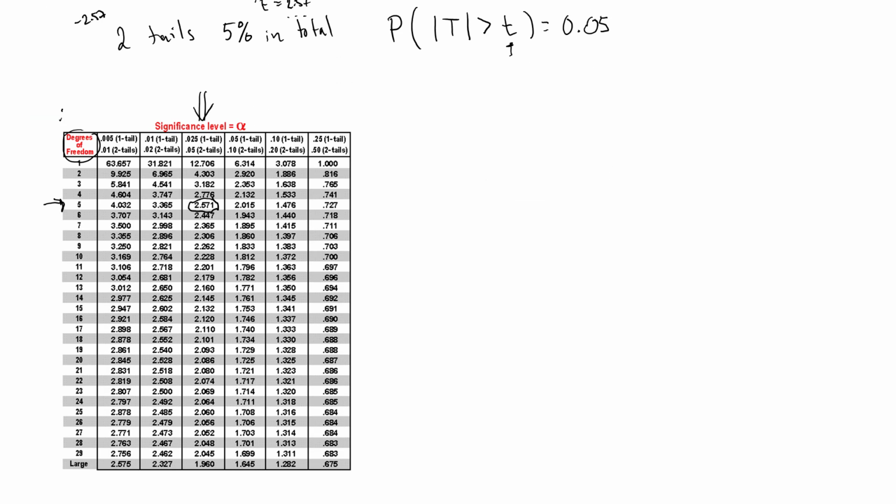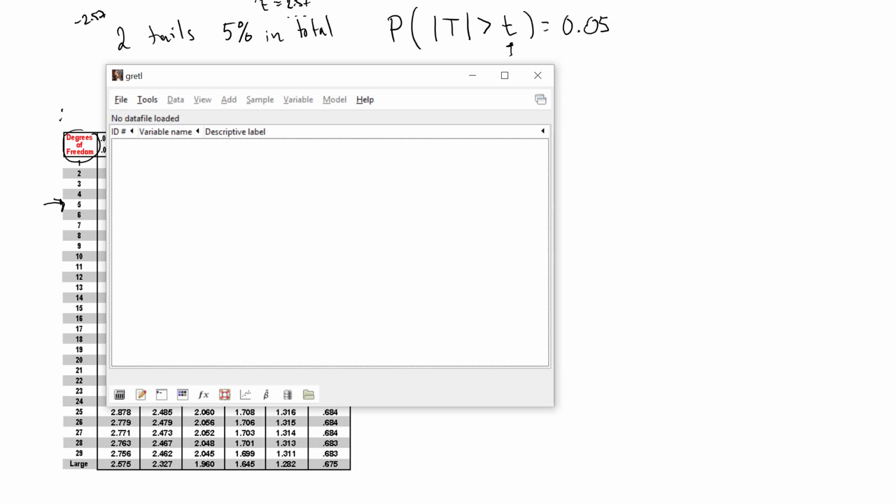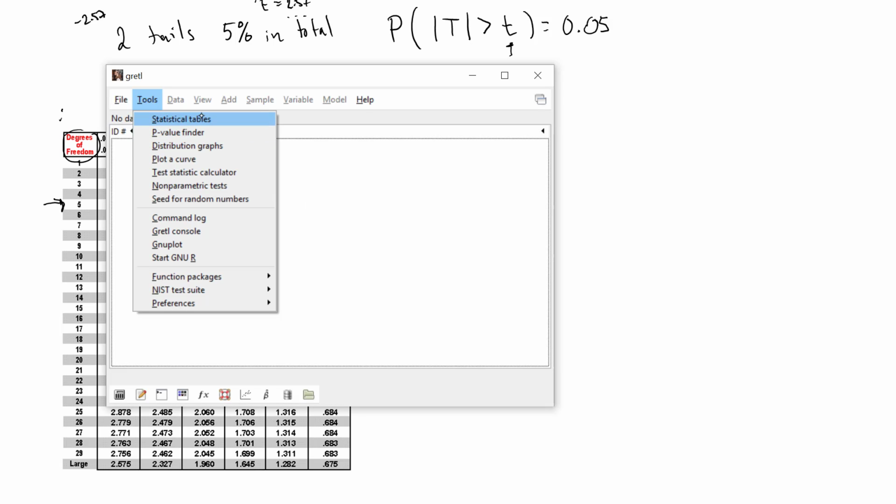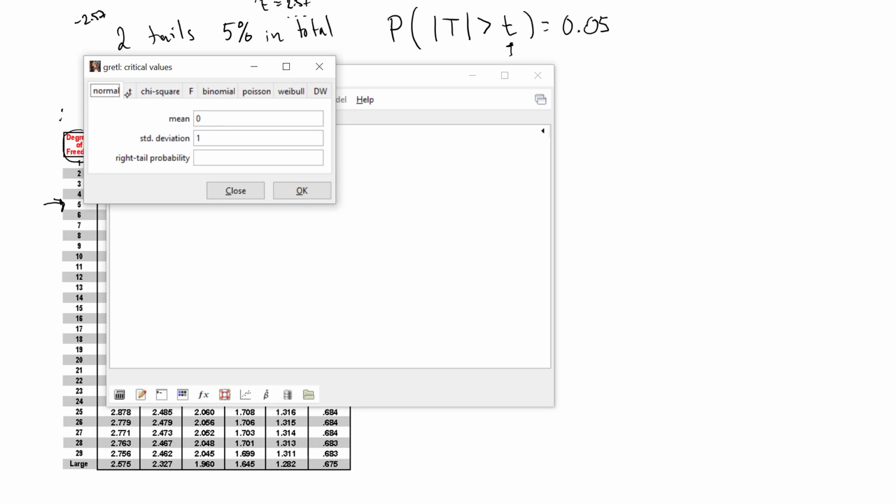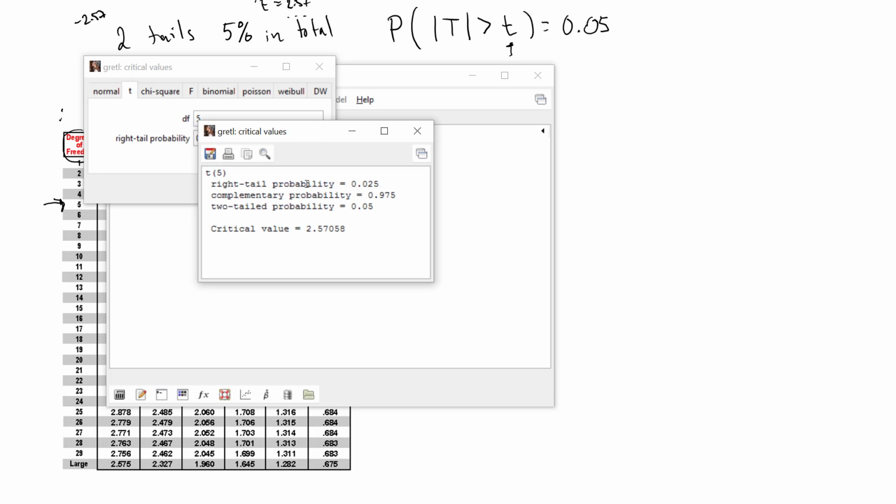Yep. We can do it using Gretl. Just go to the tools, statistics table, t, 5 degrees of freedom, right tail probability. You just have to be careful with the notation. It says the right tail. So it just wants one of the tails, and we only have 0.025 in one of the tails. So that should give me the same answer,